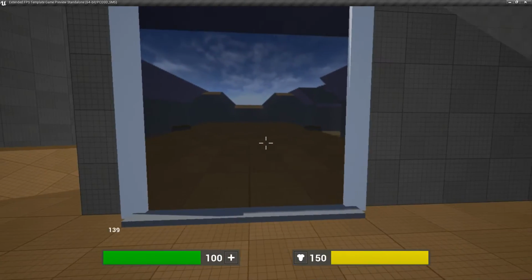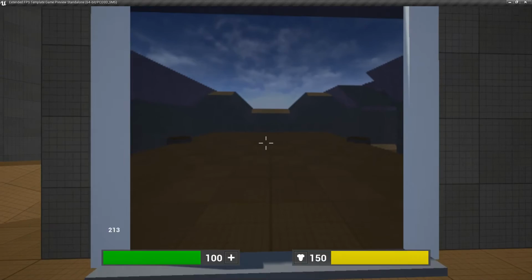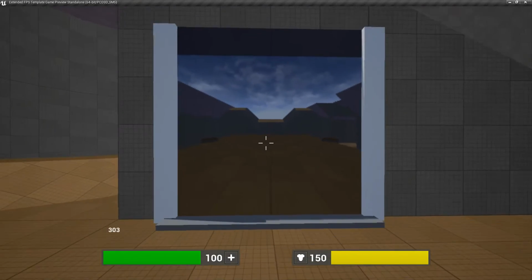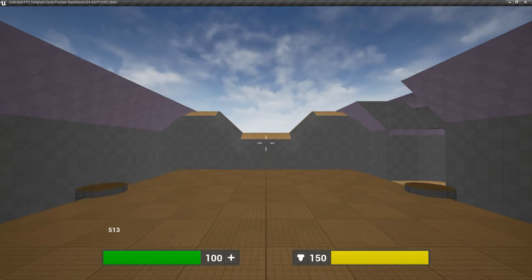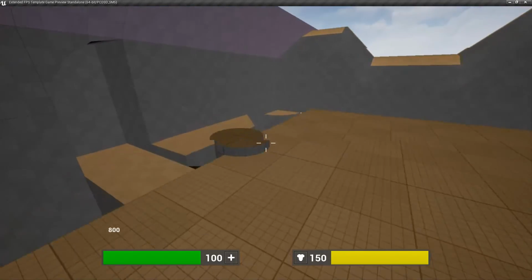I even put a teleport thing. You see this right here? This might not look like very much, but the teleports in this actually are cameras that allow you to see into the next area. So anyway,